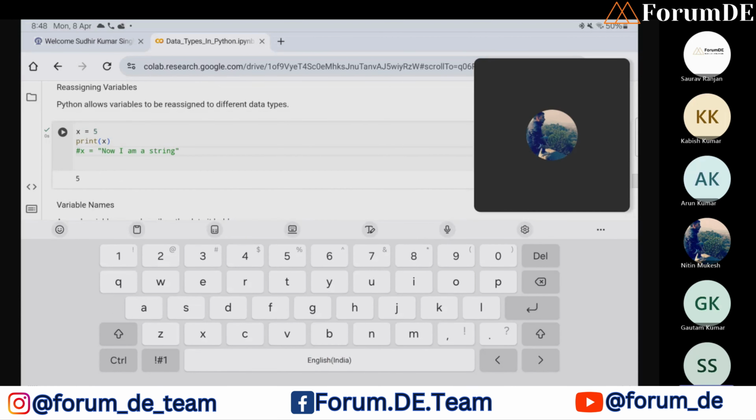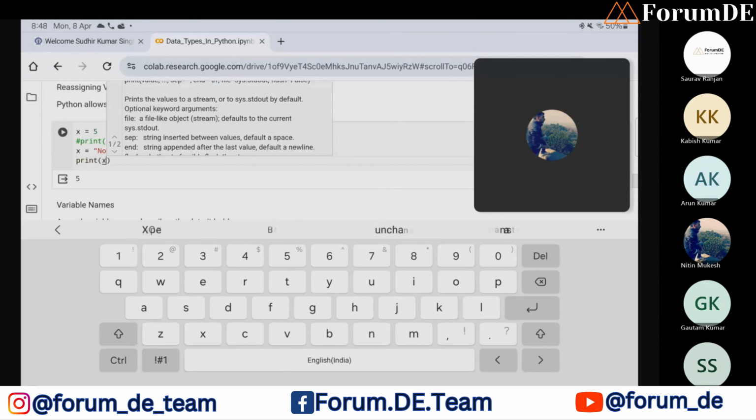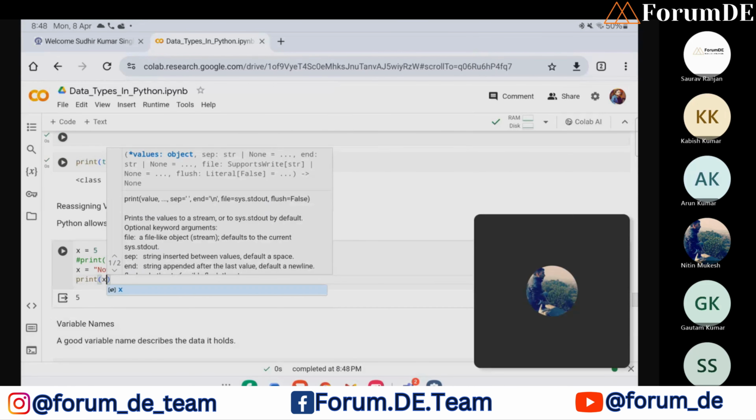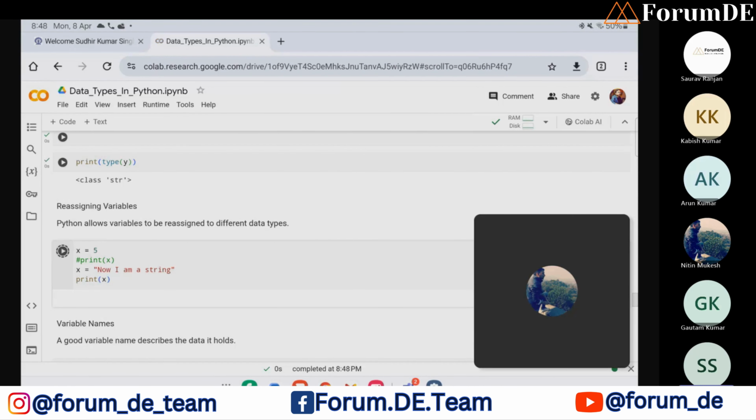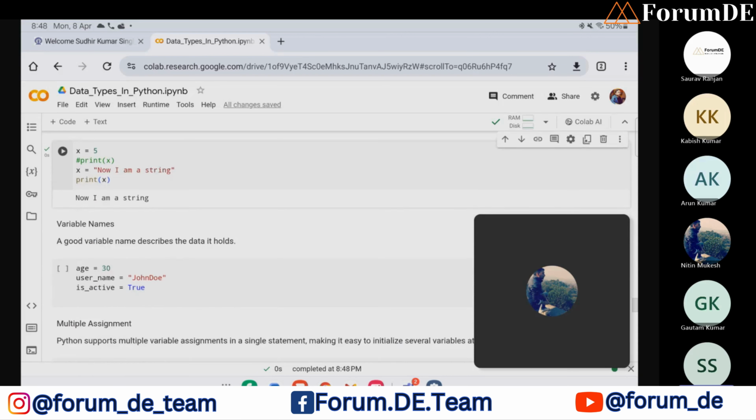But if I assign a string to X and write again one print statement, now the value of X will be a string. So it can be changed dynamically going ahead. First you have some value, then later you change to some other value, then the final value is what Python will remember.